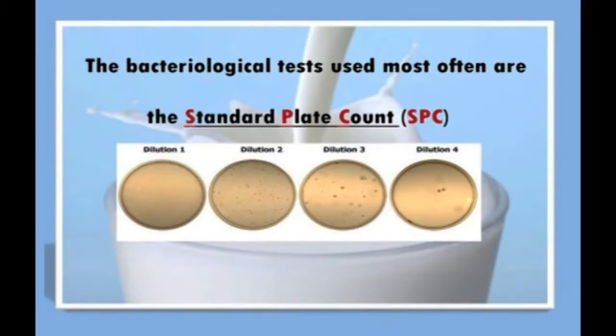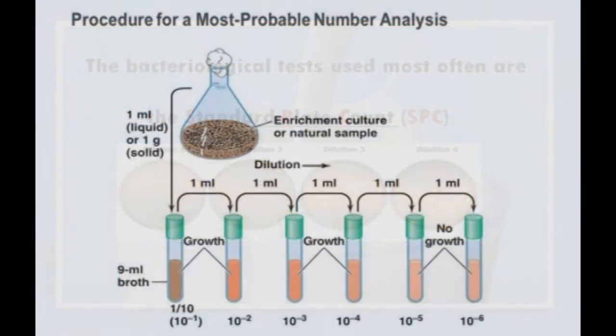The SPC is routinely used for samples that have a relatively large number of bacteria, which can be diluted down and grown as a countable number of colonies in a Petri plate. The MPN method is used when the number of bacteria to be counted is so low that the cells could not be detected if a sample were applied to a plate, which is often the case when counting coliform bacteria. First, we will learn about the standard plate count of bacteria in food products.